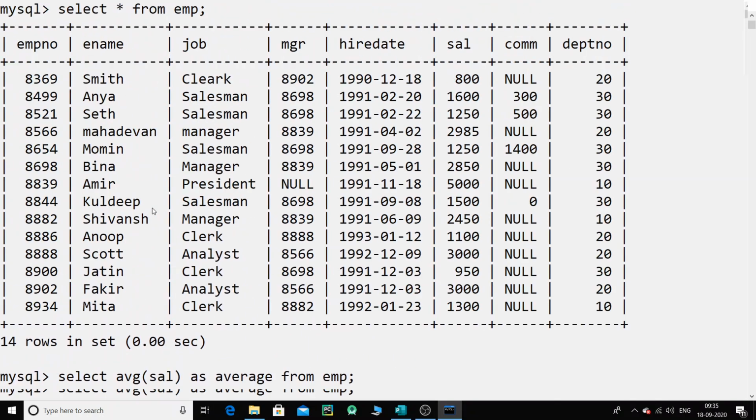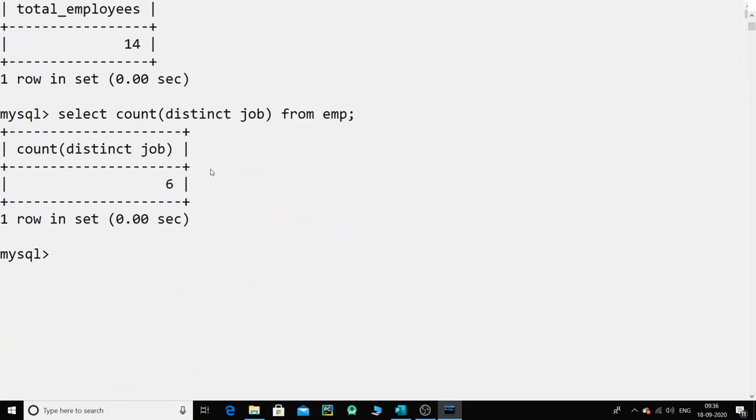So let's go to the table and check. This is a spelling mistake, so this will be counted as 1. And then this is salesman, duplicates will be taken as 1. So 1, 2, clerk is there, salesman is there, that is 2, manager is there, 3. Okay, the case will not matter. So 1, 2, 3, and there is 4. And there is 5, this is the clerk, and there's another clerk, that's a spelling mistake, 5. And there is an analyst, so that is 6. So you can see that is the reason why we have 6 out here.